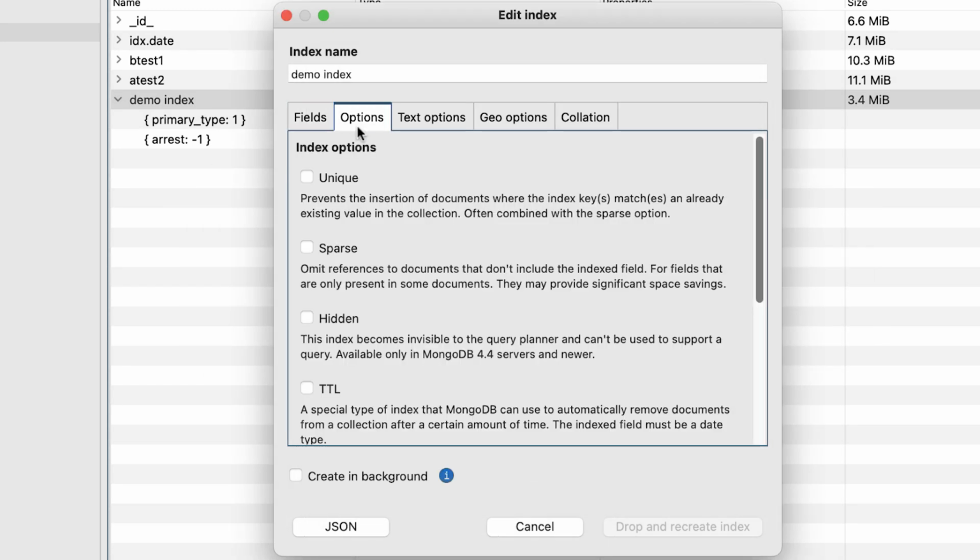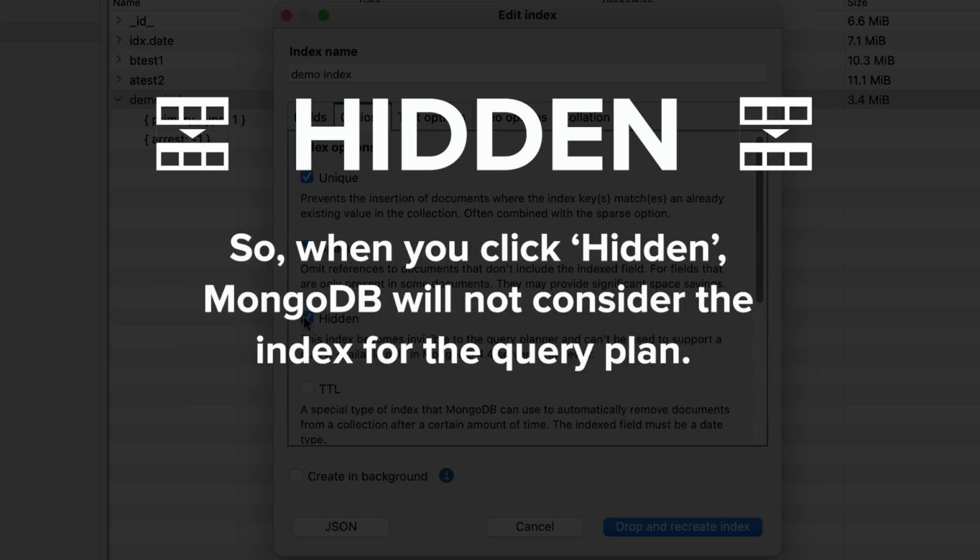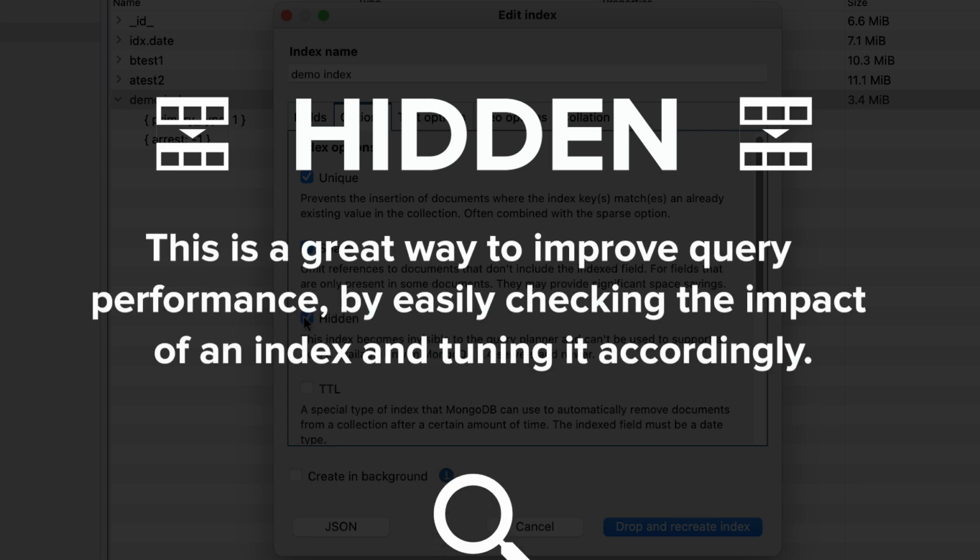Now, moving over to the Options tab, you can choose various index options. Among some of those are Unique Index, Sparse Index, and Hidden Index. Hidden allows you to hide the index from the MongoDB Query Planner when it's generating a query plan and choosing the best index for that particular query. So when you click Hidden, MongoDB will not consider the index for the query plan. This is a great way to improve query performance by easily checking the impact of an index and tuning it